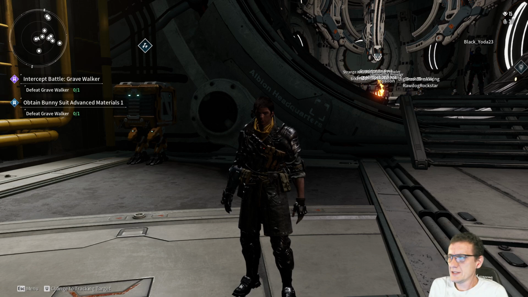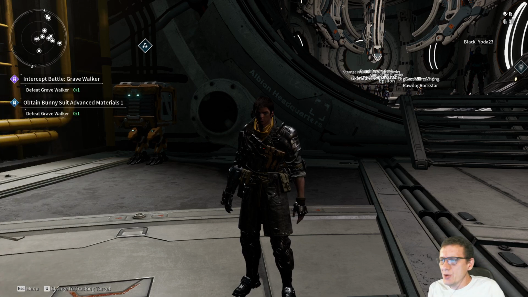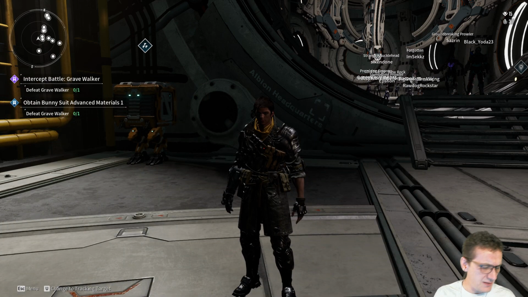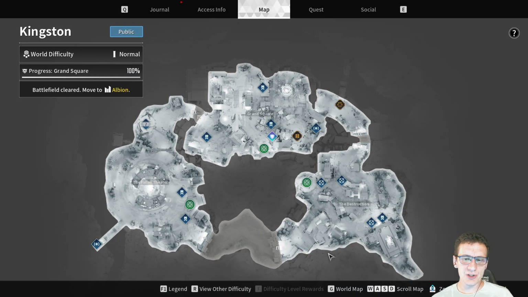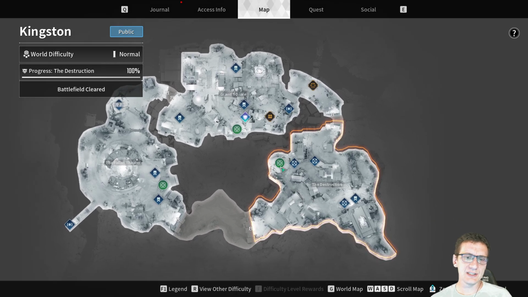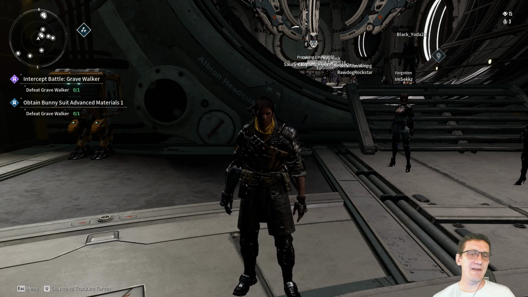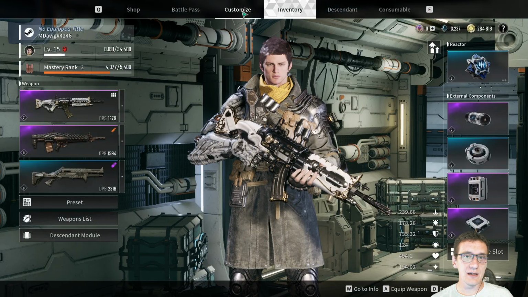One of the questions that may pop up for some players if they're early in the game is how do you unlock Bunny, the bunny suit, in The First Descendant? The reason this question might come up is because from early in your experience, even while you're first leveling or questing out in Kingston, around the Destruction Outpost, you will have this quest pop up, and you can see it's still active on my